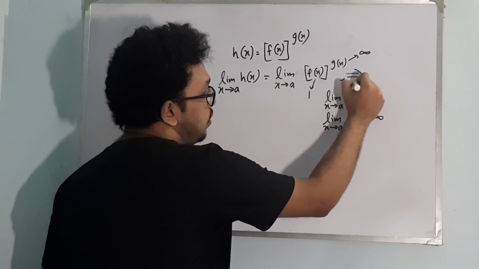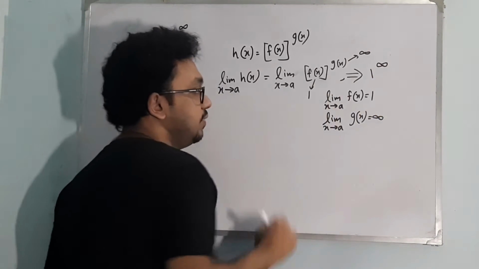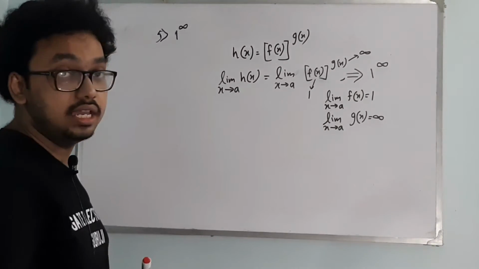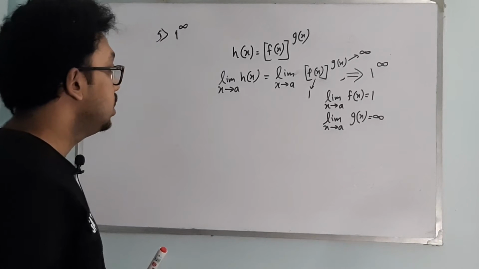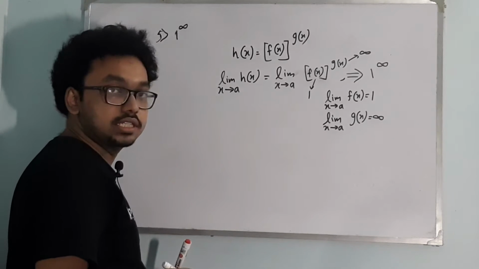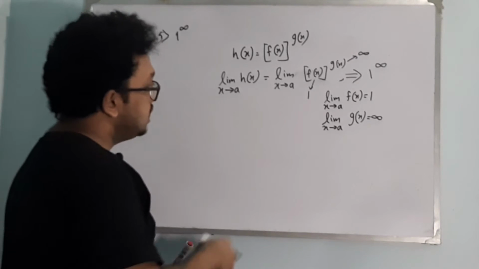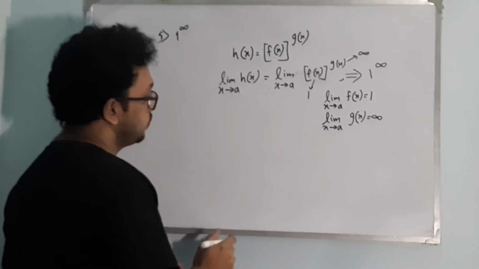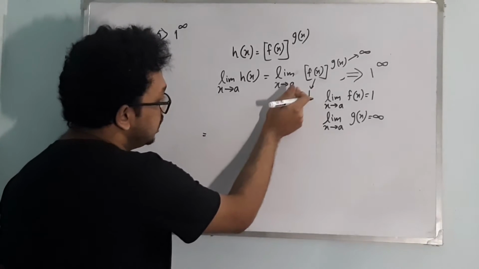So clearly I will have a 1 to the power infinite form. So I hope that you have understood what we mean by a 1 to the power infinite form. Now the question is how to solve this kind of problem. There is a generalized formula that you can use to solve this kind of problem, which says this limit will